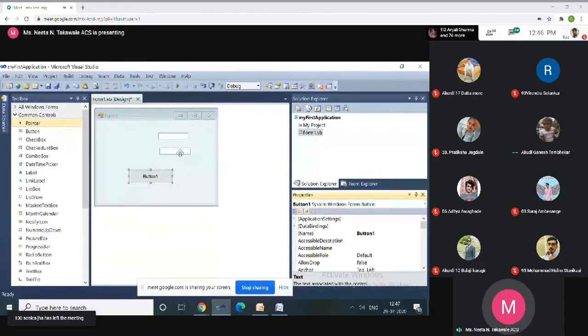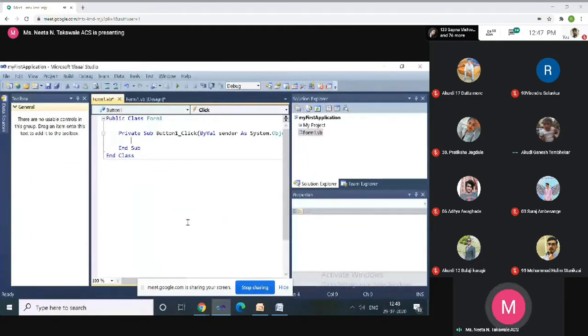So to design a single form, we are using the toolbox and the property window. If you want to add one or more than one form, then you can use the solution explorer window. So to design an application, we are using the toolbox window, the solution explorer window, the property window, and also the editor, that is the code window.